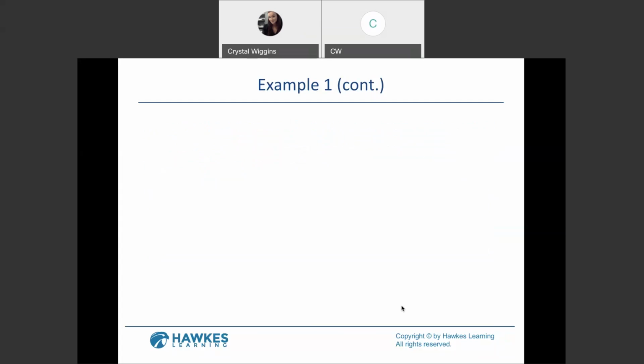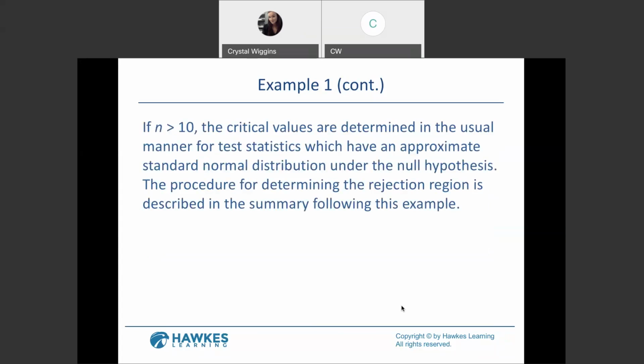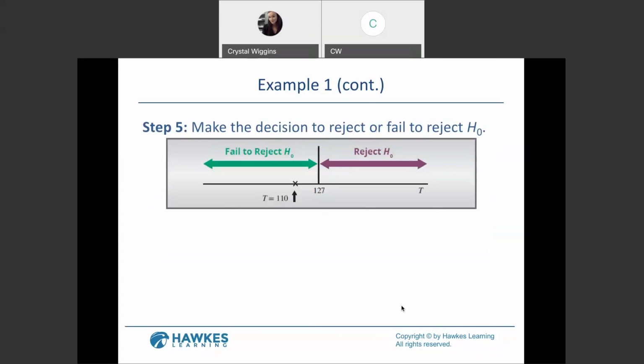picture. Okay, if the sample size was bigger than 10, the critical values are determined in the usual manner we normally would, using a standard normal curve and using z-scores. Okay, so we know the test statistic is 110. Let's see how they found this critical value of